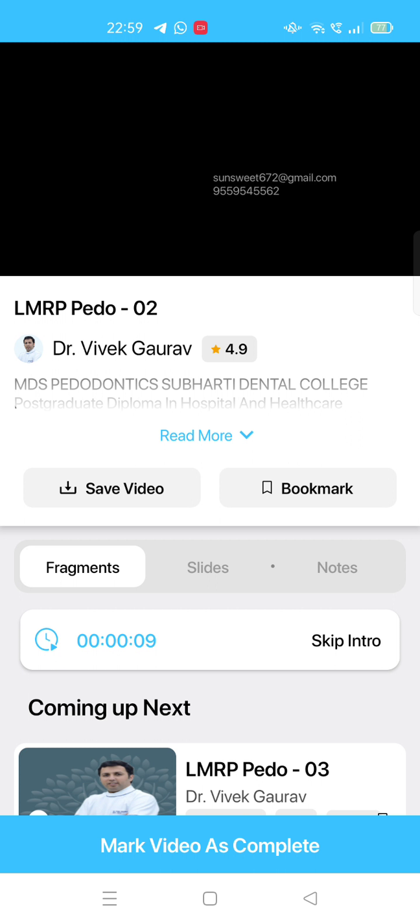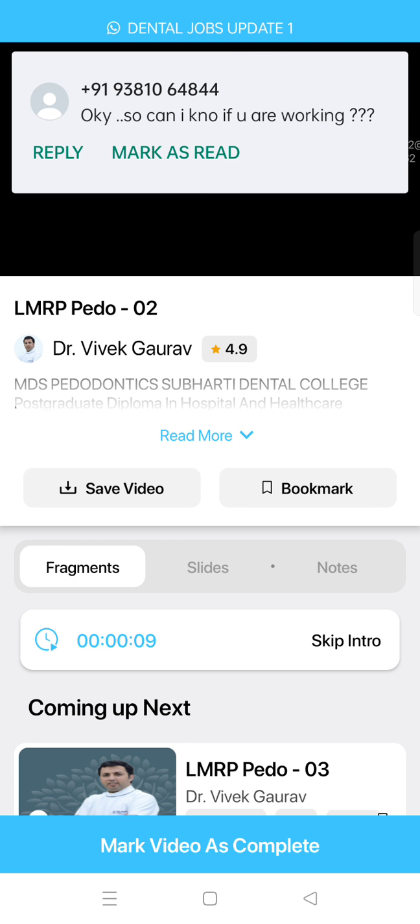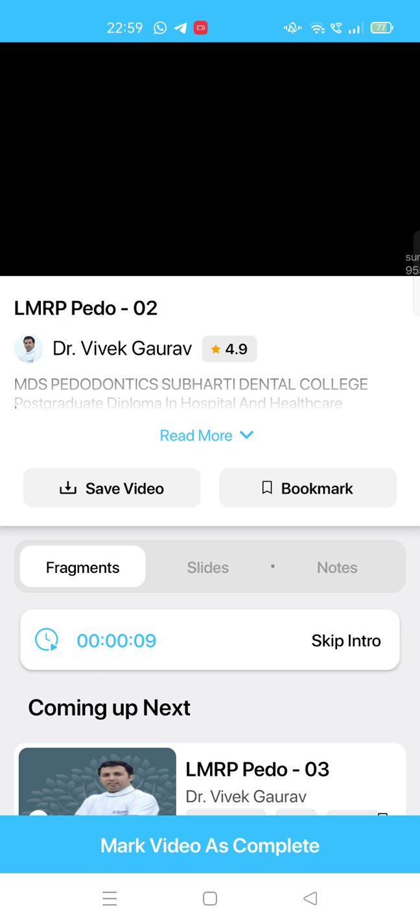Then another important thing regarding the stainless steel crown is that once you have done the contouring and the crimping, then you will place the stainless steel crown. When you are placing the stainless steel crown over the prepared tooth surface, in case of the mandibular arch, always remember there is a question that it is placed from lingual to buccal, whereas in the case of the maxillary arch, you will place it from the buccal to palatal, and the answer is simple,